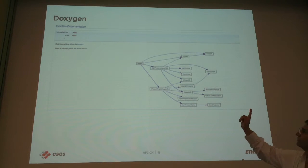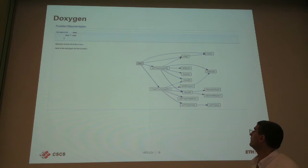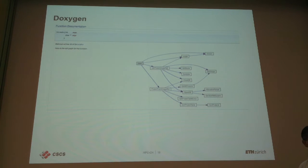This one is for a utility I wrote, and I want to show the value of using tools like this. So I did this not expecting to find anything when I first documented it and was preparing to make it available. And then I realized,